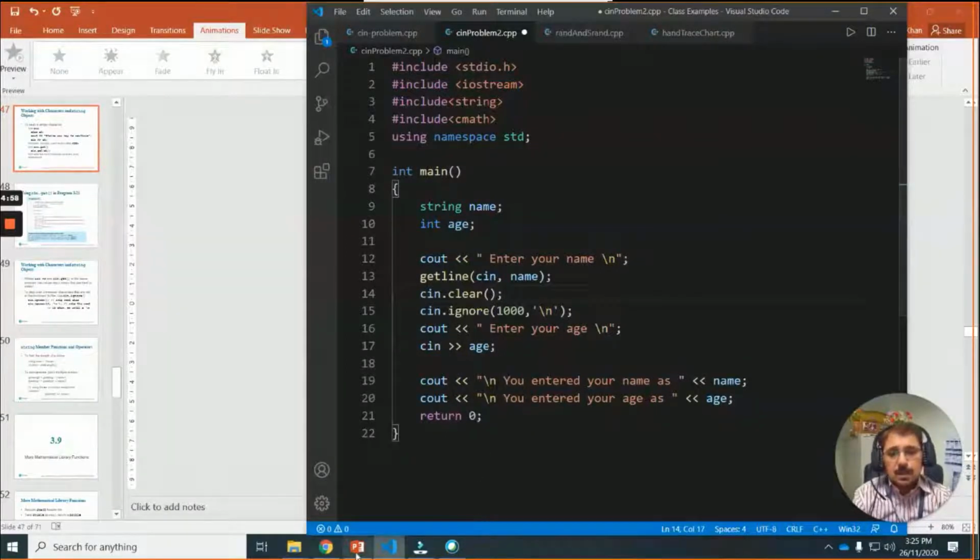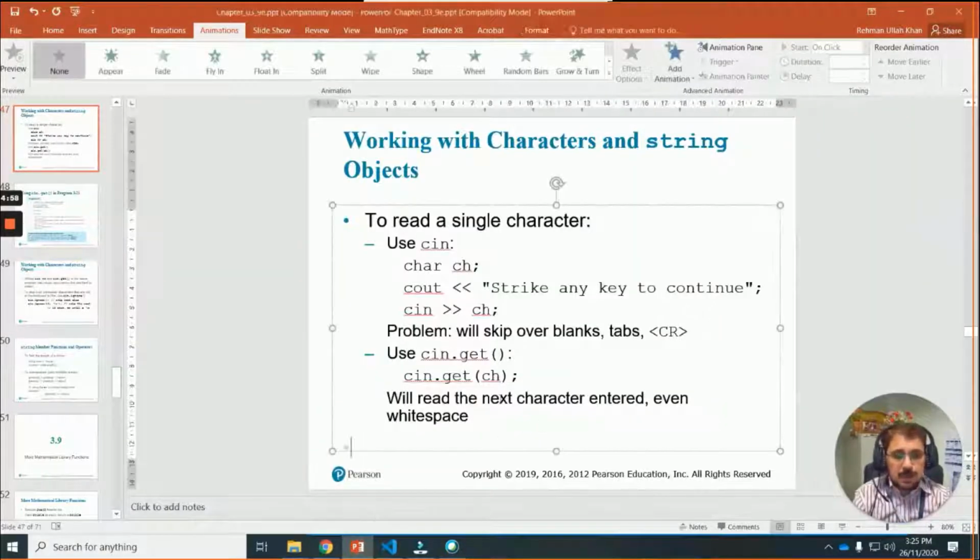So these are the issues in the cin statement. To solve this, if you are reading and writing a string, which is a long text, then use the getline function. And if you are dealing with characters, then to solve the problem, use cin dot ignore or cin dot clear.